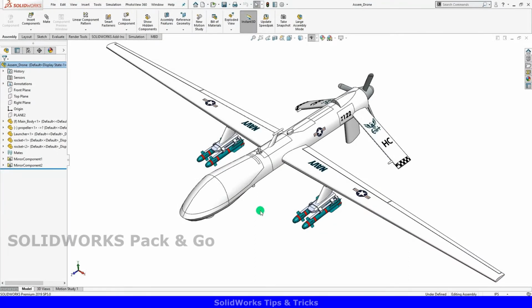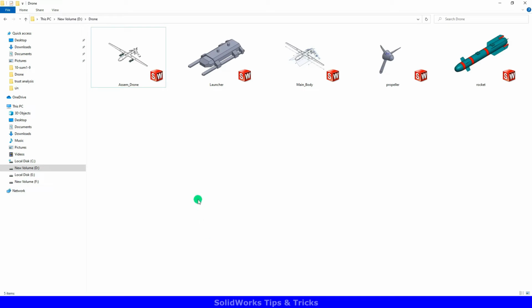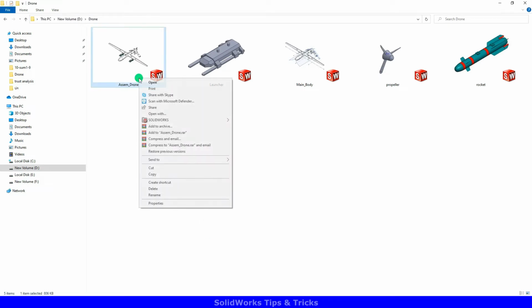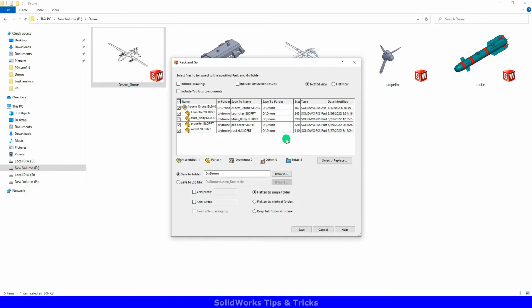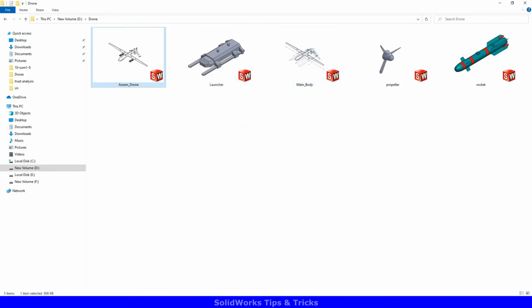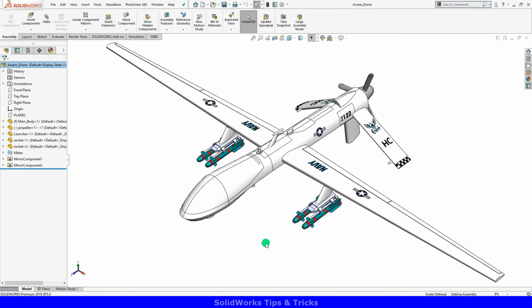If I wanted to send this assembly to a vendor, or simply save this assembly locally from a server location, Pack and Go makes this an easy task to launch. I can right-click on the assembly from the Windows Explorer and select SOLIDWORKS Pack and Go, or I can also access the command from within SOLIDWORKS under File,